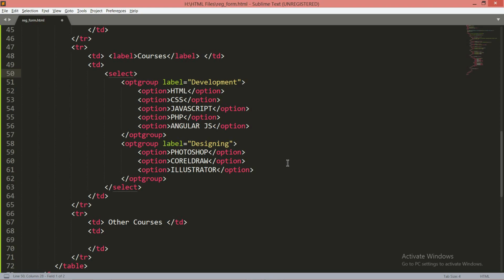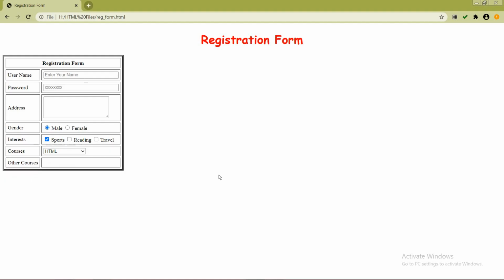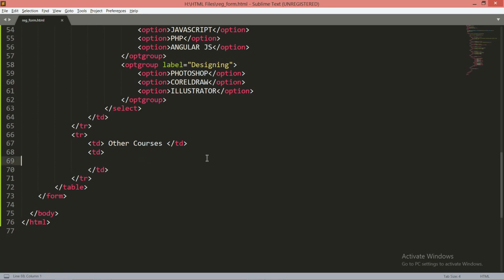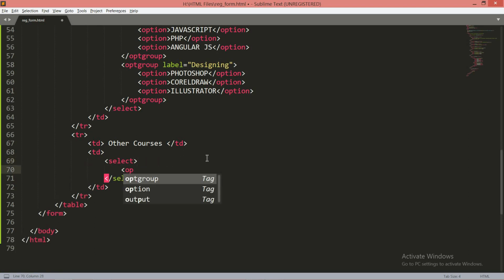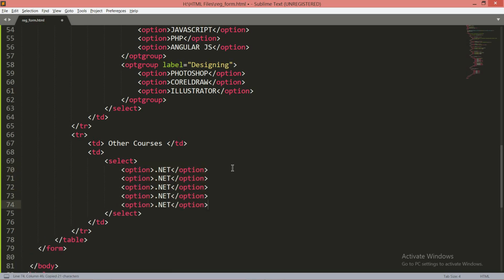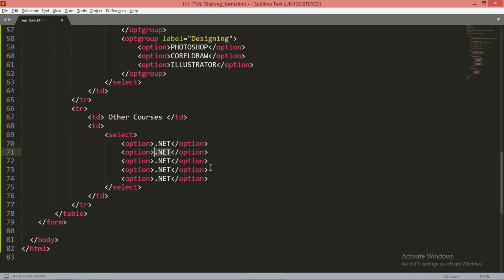I am just going to maintain a different field for this. Within this, again give the select tag over here. Close the select tag, and within this give the option tag. Let it be .net as the course name, and this is the first option, this is second, third, fourth, fifth. 5 options I want to set. I want to set Java, and let it be Node.js, and here let it be C language,